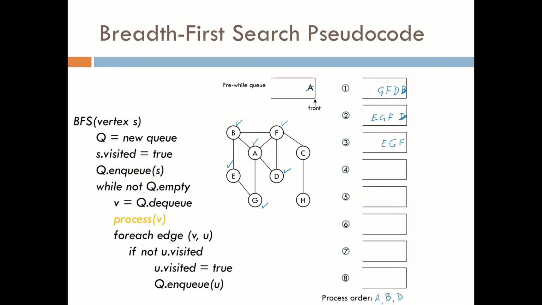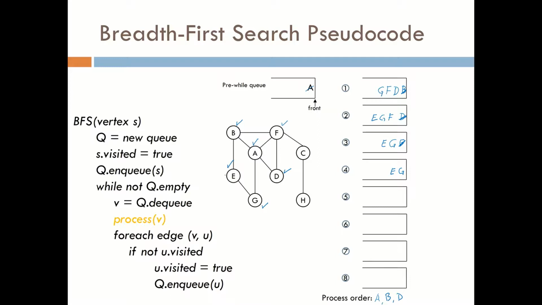Process D, and now we will look at all the edges incident to D and see if anything needs to be placed on the queue. D is connected to F, A, and that's it. And both of those have been visited, so we will not add anything else to the queue. The iteration ends, and we will now DQ the F. When we DQ F, we will notice that,